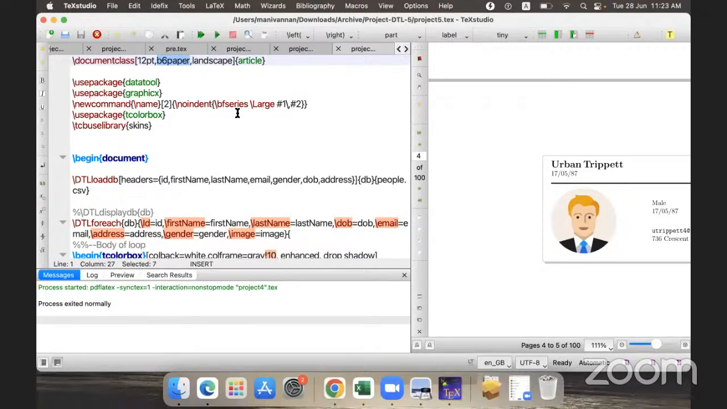Okay, the paper type: A4 paper, A3, like that. Here B6 paper, here we are having it. Okay, that is also an optional thing. Okay, landscape is enough. Okay, now the packages are here, which use the datatool, and for the image file